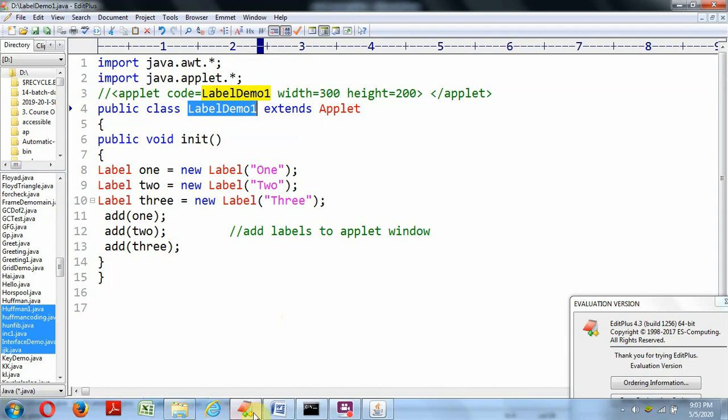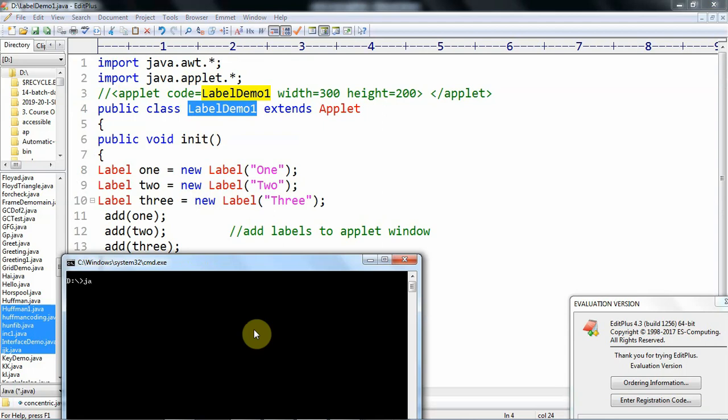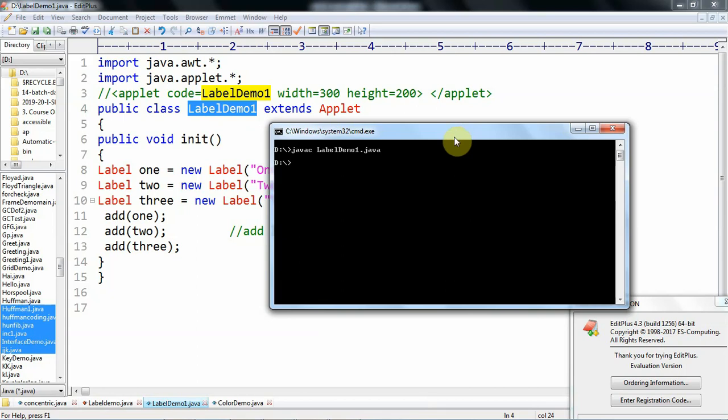LabelDemo1. The program is successfully compiled. Then we need to run, because this is an applet. We need to run this with appletviewer.